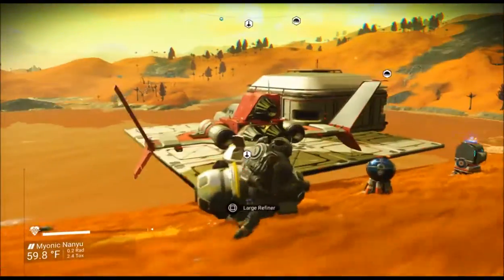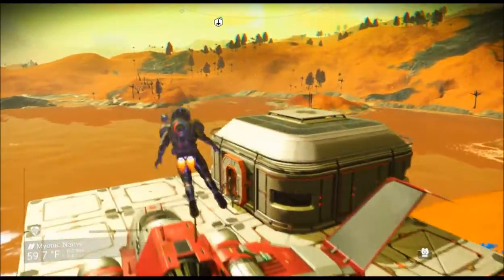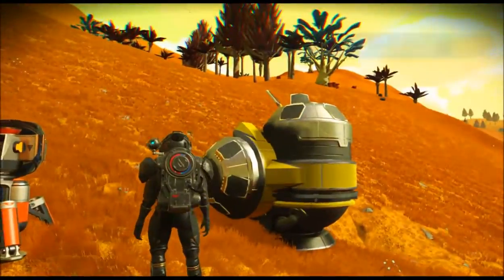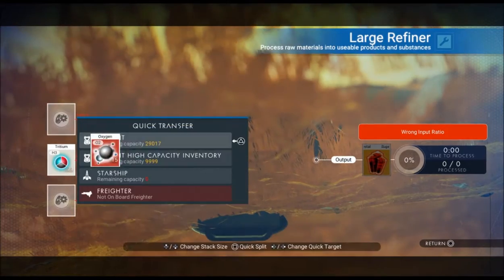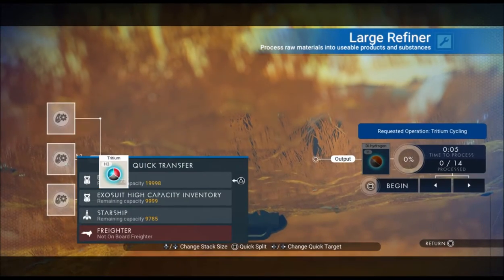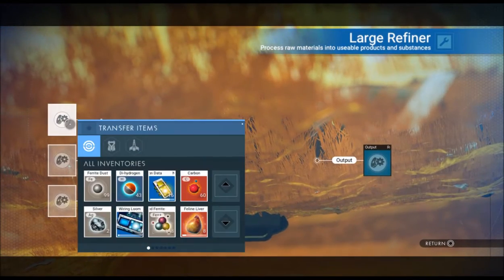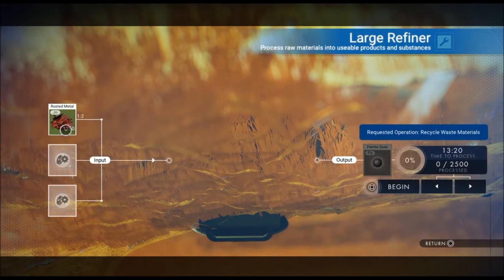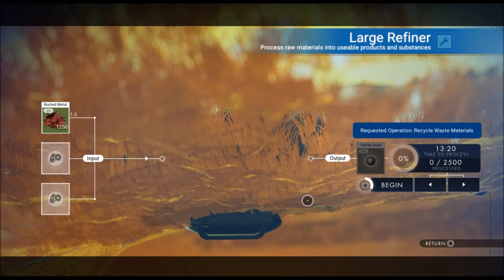So I'm going to keep building out the base here now that I have a supply of ferrite. I can put all that into my refiner, and what's that going to get me? Is it 1 to 1? It's 1 to 2. I get 2,500. That helps. That helps a lot, especially when I got to make